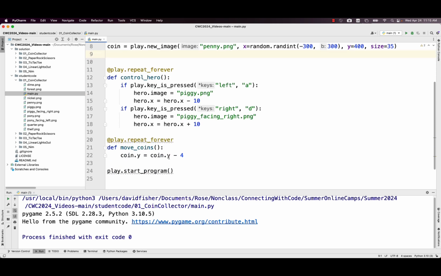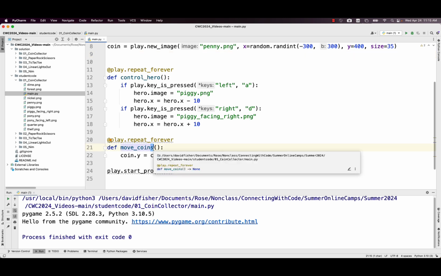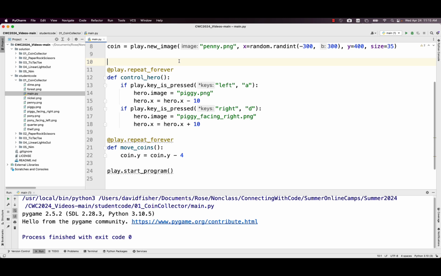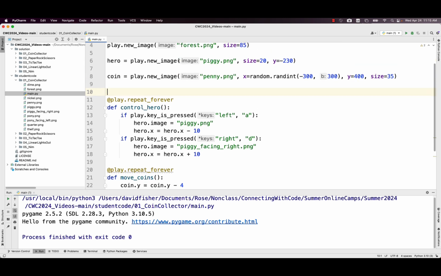But my goal is I said I wanted coins, plural. This is going to be fun. This is going to be interesting. This step is going to take us a little while. Instead of one coin, I want to make a whole bunch of them. In coding, it's what's called a list. And so I'm going to name this list something. Maybe I'll call it falling coins.